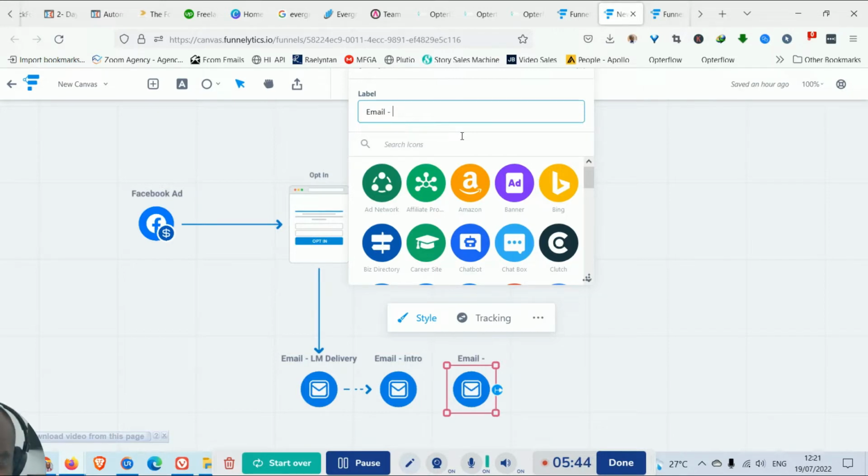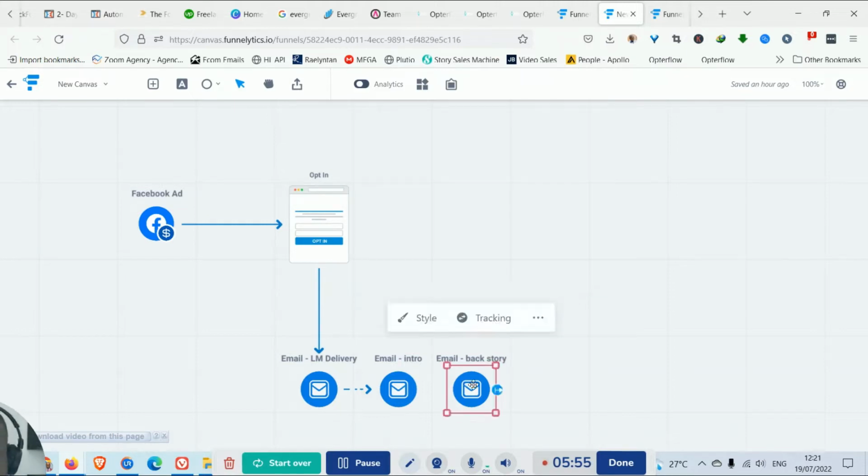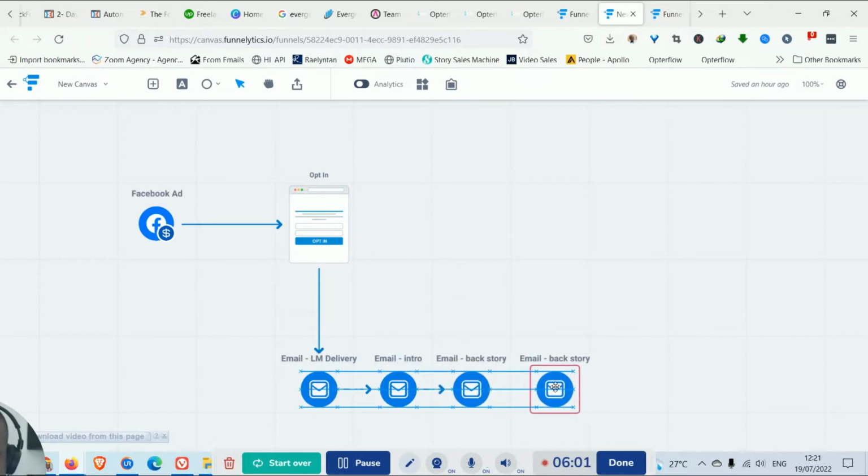So, email two will go ahead and they introduce themselves, and email two will tell their story. That is like the backstory, how they started and where they've gotten to, and things like that. So it goes like that. Then we're going to have email three. Let me just duplicate this. Email three will just come in and give